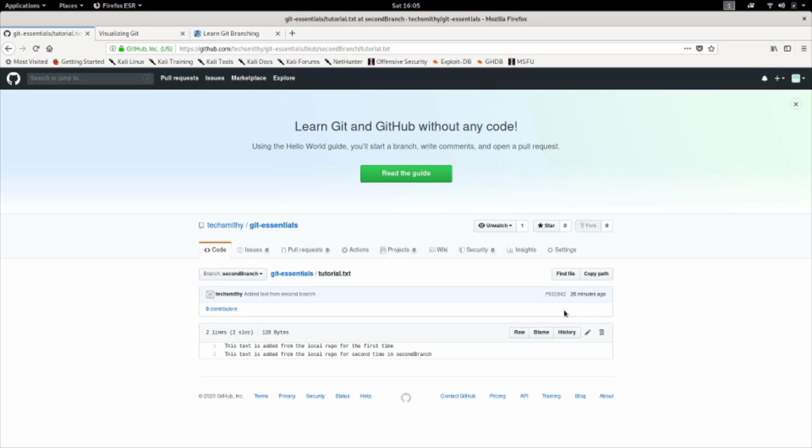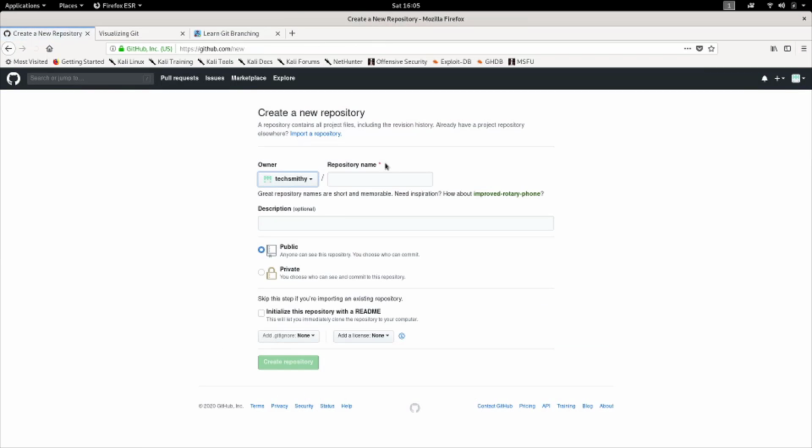You need to create a repository. First, you need to create an account. You need to create a repository by selecting this new repository option here in the top right corner. You'll give a repository name. You'll give a description. You'll say whether it's public or private. You'll initialize it with a readme. That's up to you. Adding a git ignore and creating a repository. So that's it. It's quite easy.